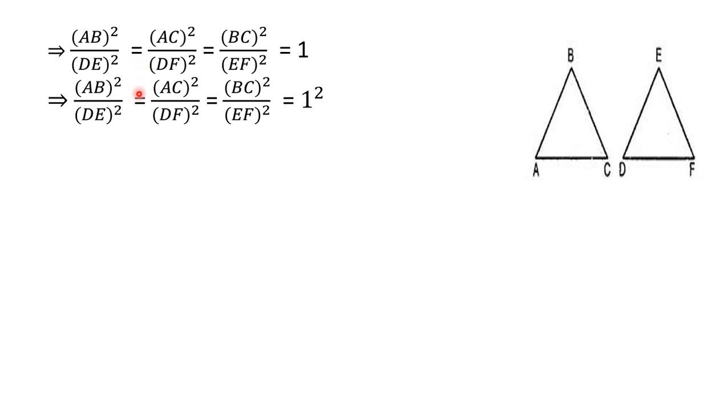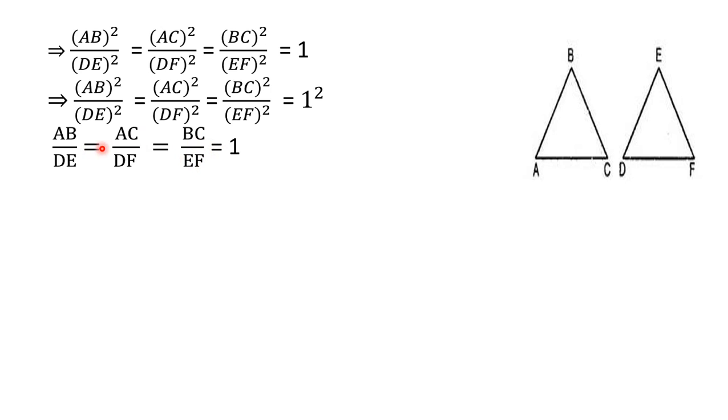So if we take square of this 1 for making both the sides the same, 1 into 1, that is 1, so there is no harm to write 1 as 1 square. So here we get all the terms of the ratio of the corresponding sides having the squares, and the right hand side also square, so square and square will cancel out as the exponents are the same.